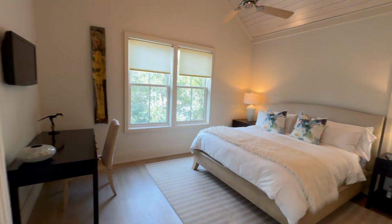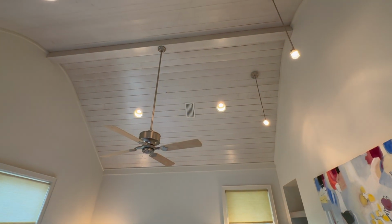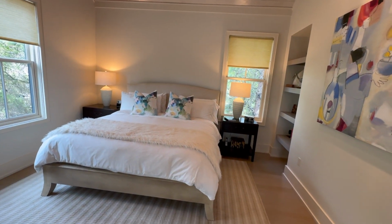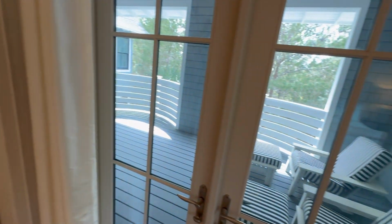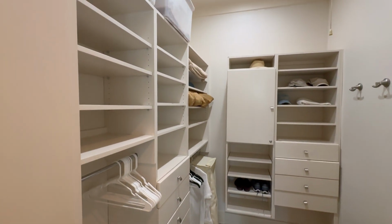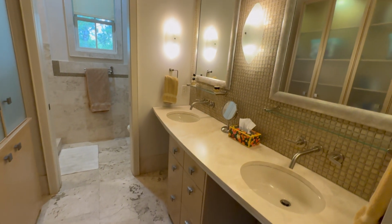So we're gonna start at the back where you park, and again, we have another very large primary feeling. The difference here is incredible vaulted ceilings in this space, okay? But that's a king bed with nightstands again, almost identical in terms of the built-ins and access to the porch. This is a nice upstairs porch I'll take you through in a second. Then again, we have a very generous walk-in closet with built-ins. And again, we have double vanities,